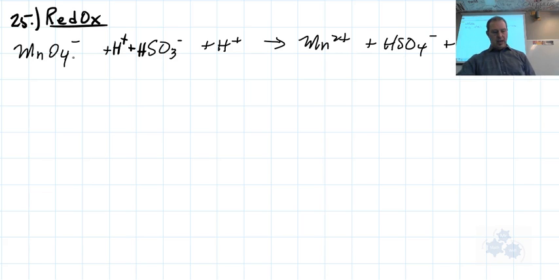Aqueous, aqueous. Okay? So, oxygen and hydrogen, don't worry about those. Those are 99% of the time not being oxidized or reduced. We need to focus on the other elements. So manganese would be a good one to focus on, and sulfur would be a good one to focus on. So let's take a peek and identify what the oxidation states are and see what's happening from reactant side